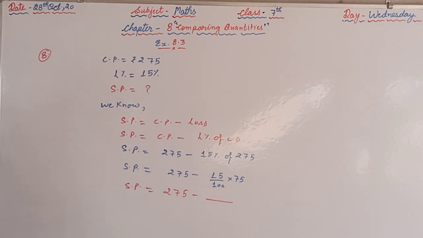So we can find out easily, if we multiply 275 by 15, we will get 4125